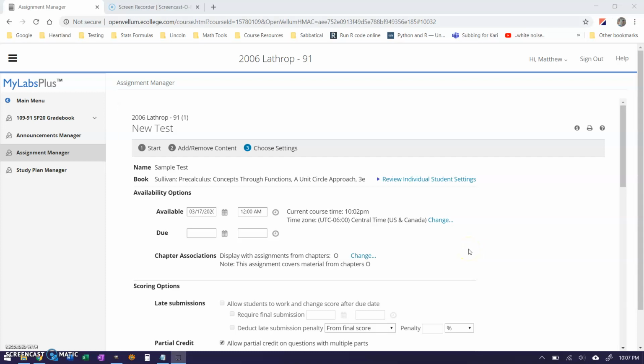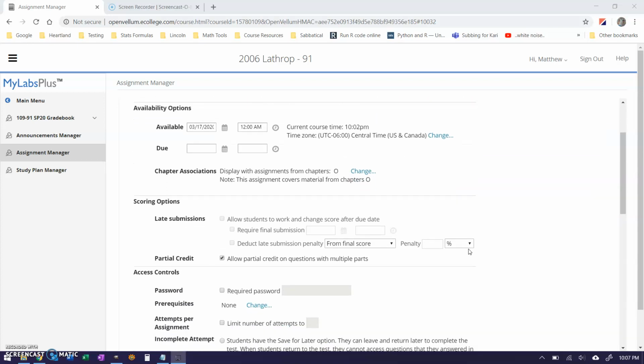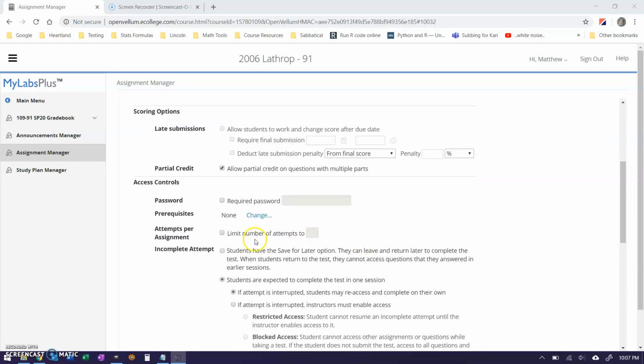What we're looking at right now is the settings page for a sample test that I've created in one of my courses, just to talk about some of the options that are available to you if you administer a test through MyLabsPlus without using a proctor. The first thing you would want to do is, of course, limit your number of attempts, for instance, to 1